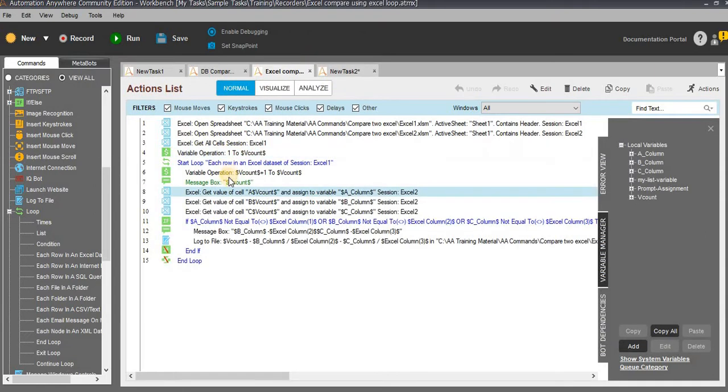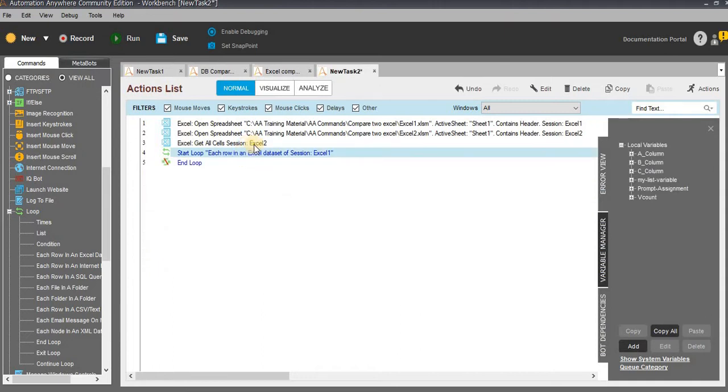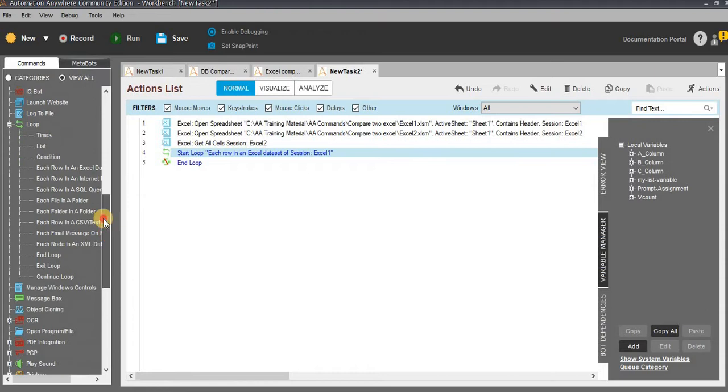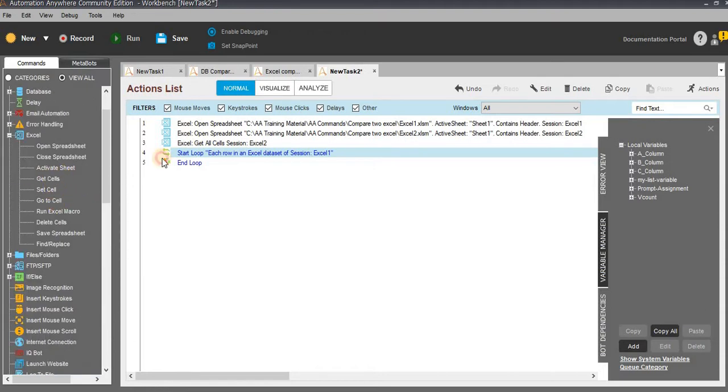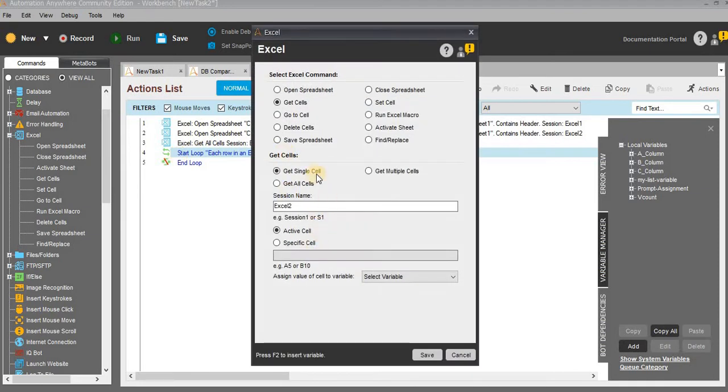Okay, within this loop, you need to use the get single cell command. So let me show you how we can use the get single cell command. Get cells and drag and drop the get cells. You need to get single cell, and here you need to mention the particular range. In the loop function, it will increment each and every time. The first time it will display as 1, second time 2, third time 3. So here roughly you can mention A2, A3, something like that, but for this function you need to write multiple codes. Instead of that, you can create a variable, or else you can use a counter variable.